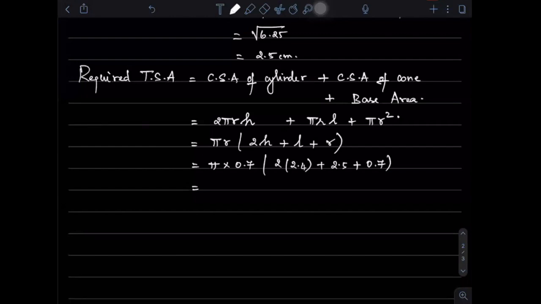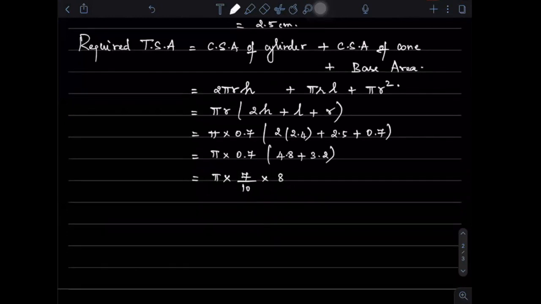Either you do it in this way. இது simplify பண்ணா என்ன வரும்? Pi into 0.7 உள்ள simplify பண்ணா என்ன வரும்? Add பண்ணுங்க, என்ன வரும்? 4.8 plus 2.5 plus... so pi into 0.7, I can take 7 by 10. So now it is easy. You simplify this further. 22 by 7 போட்டா